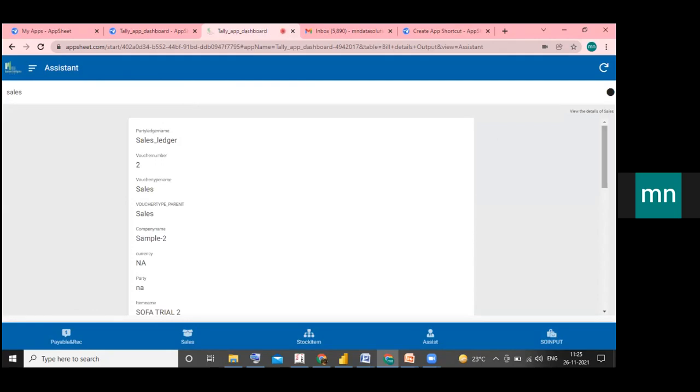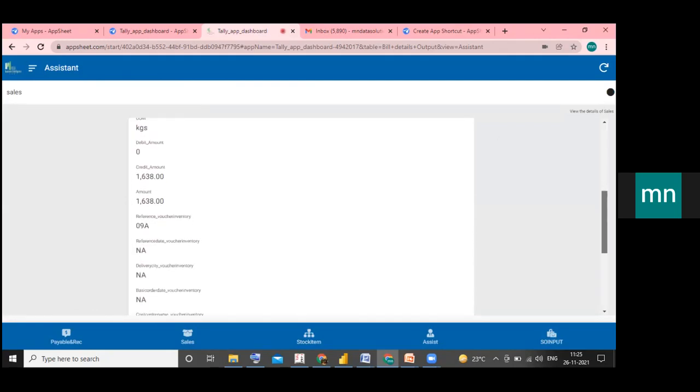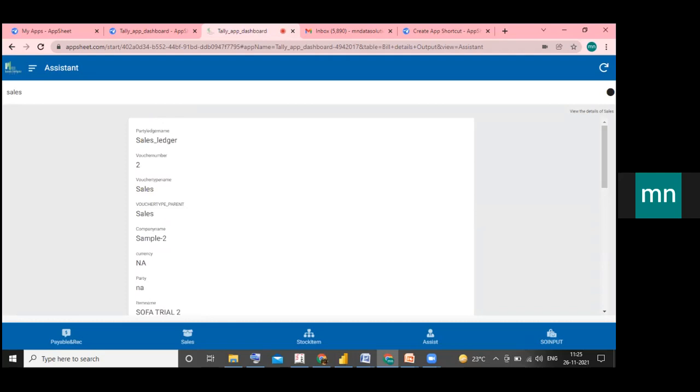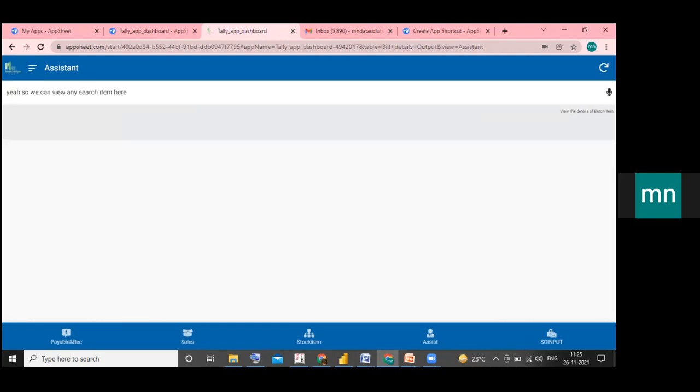Here we can view any search item. Payable. Assist. So it will work on your voice.